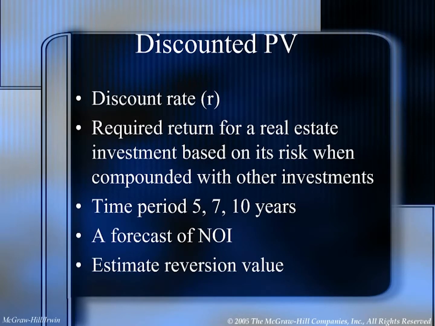Now the discounted present value method. In this case, we need to come up with a discount rate. Generally with real estate, it's somewhere above the corporate bond rate, but below a common stock rate. When I worked for John Hancock Properties, for real estate, we would use about 4% over the Treasury, which did bring you right in between the corporate bond and above the mortgage loans we were doing, but below our common stocks.